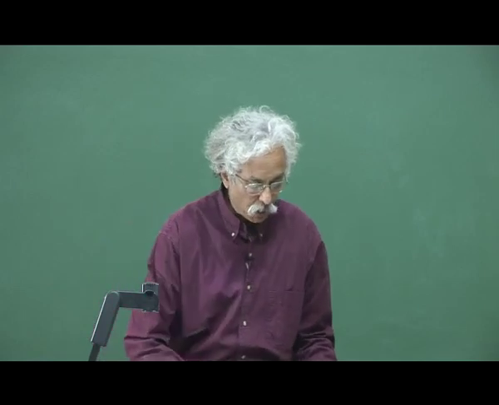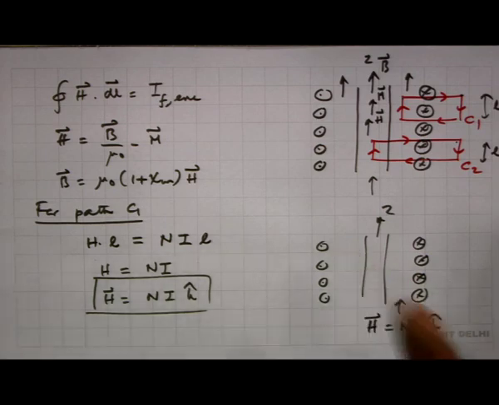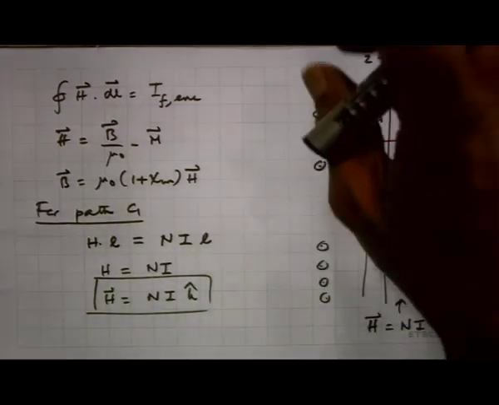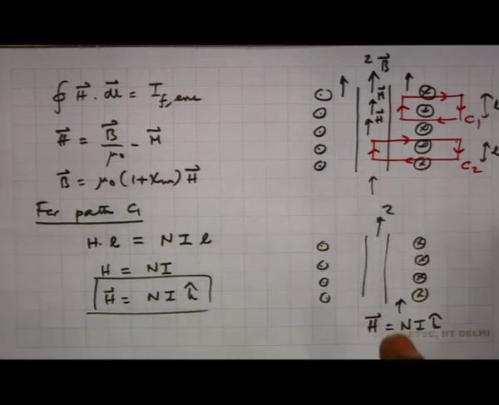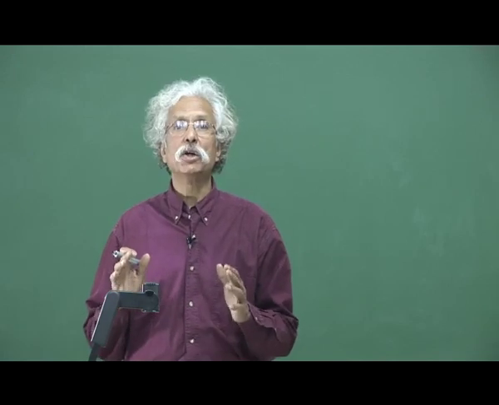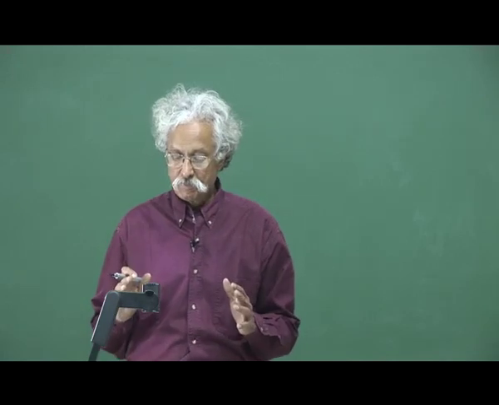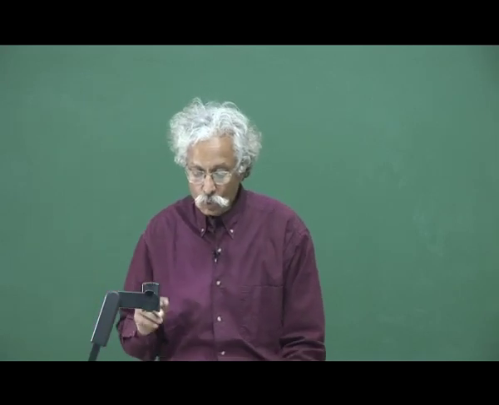Now this has been made possible because I knew that by symmetry arguments the B vector is vertical, the M vector is vertical, the H vector is vertical, and B is 0 outside, M is 0 outside, H is 0 outside, etc. So all these arguments which I had used to get the magnetic field of a solenoid based on symmetry arguments are still valid, and that has helped me to do this integration